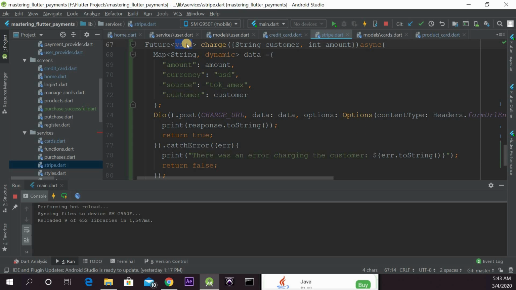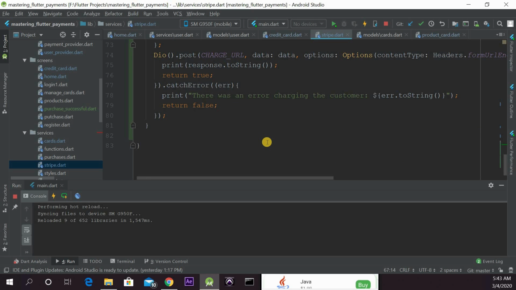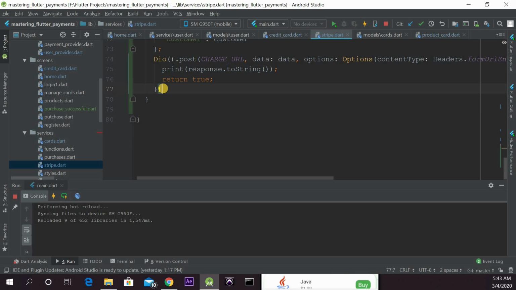And we're gonna make this a future boolean. Or even better, we can get rid of this